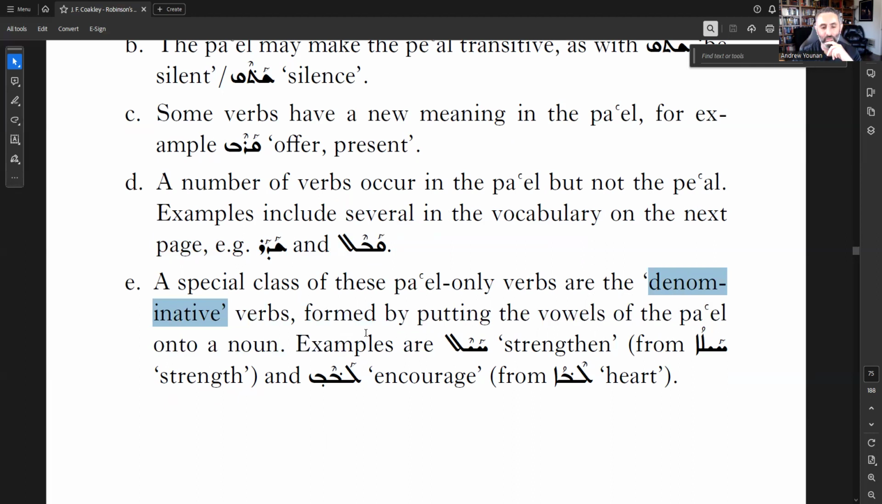So he's saying the verb hayyil, to strengthen, comes from the noun hayla. I don't know. Maybe the noun hayla comes from the verb hayyil. I'm not sure how you know that. I'm sure linguists know more than I do, so I'm not going to worry about that. Anyway,